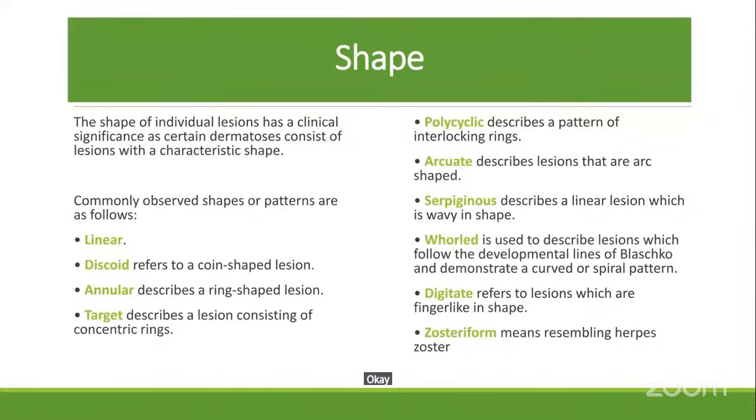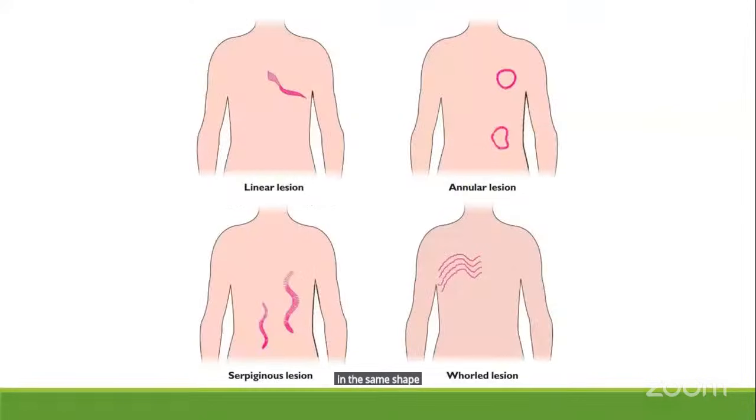Serpiginous means linear lesion which is having a wavy shape. Whorled means development of lines that demonstrate a curved or spiral pattern. Digitate means in the form of the shape of fingers. And herpes zoster lesions, you are knowing, in the same shape. You can see the linear lesion. Please see that. Linear lesion, it is in line. Annular lesion, which is in the form of a ring. Serpiginous line, which is like a